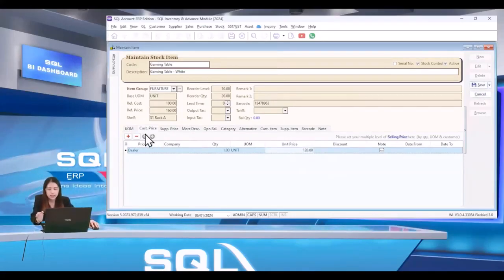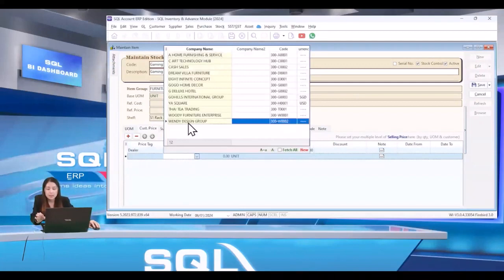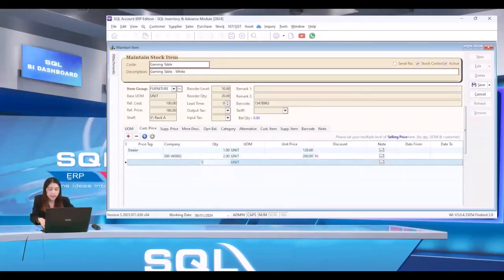Then another condition, I set for a company. Maybe this Wendy Design Shop, once they take 2 quantity here, they can have a price of 200. You can set 10 ringgit or 10% also, but remember to put the percentage symbol. If not, it will be 10 ringgit. Next condition, maybe 10 quantity. If this dealer takes 10 quantity, the price will be